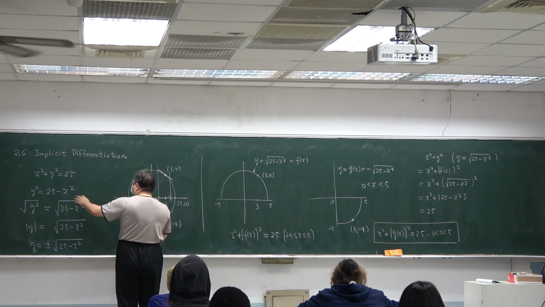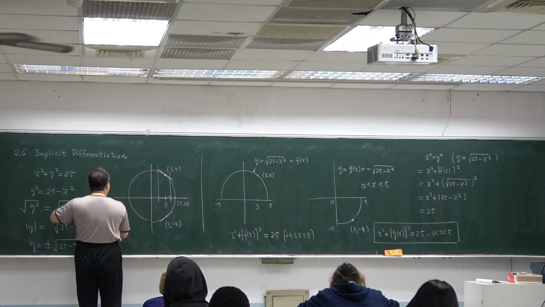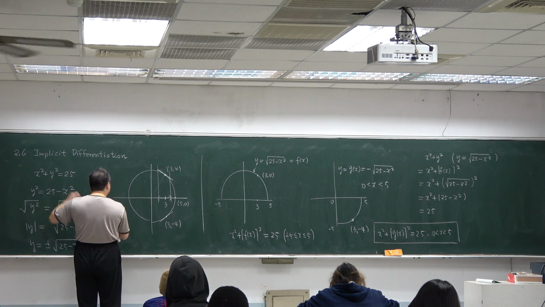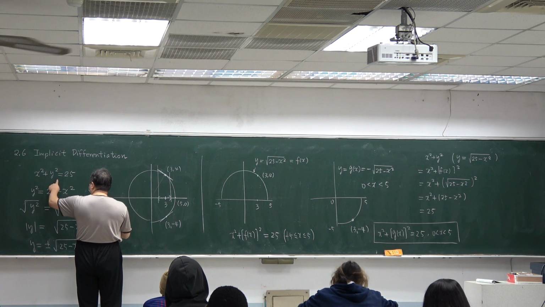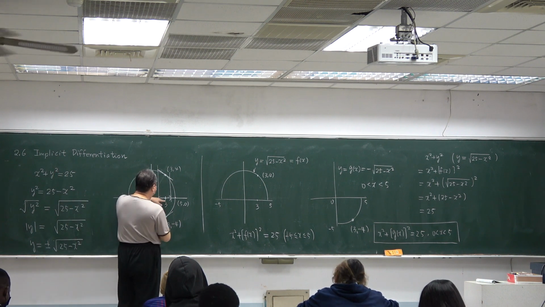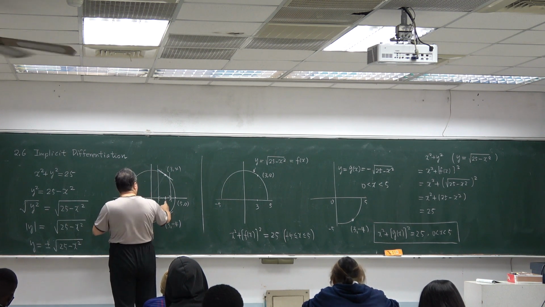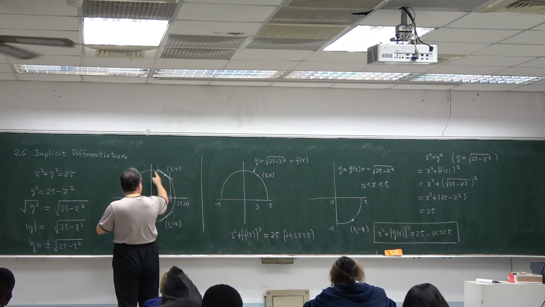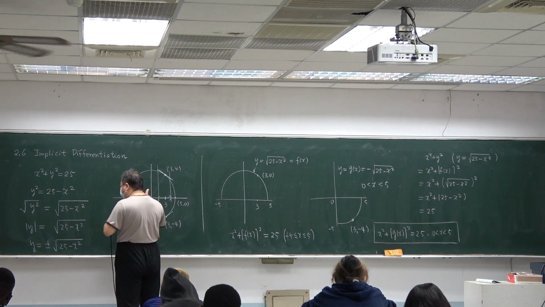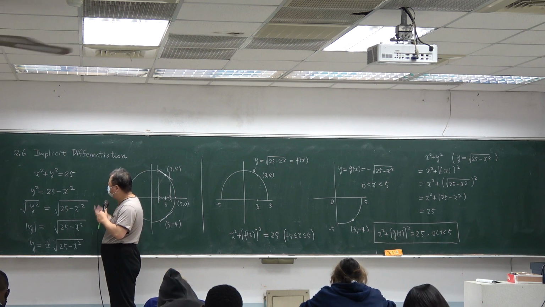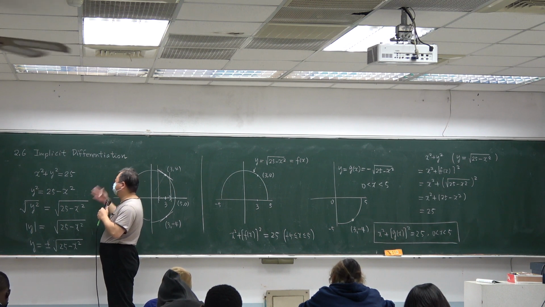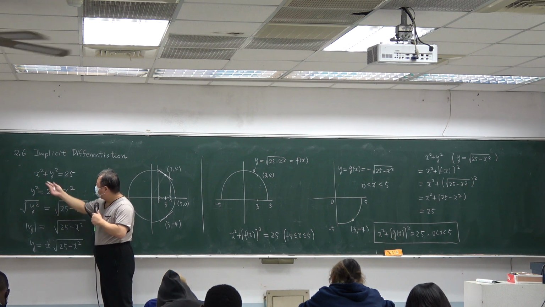When we have an equation in x and y, two unknowns, once x is given, we may fix some y. For example, here, consider y is positive. Once x is given, then there will be a corresponding one y. So ideally, we may treat y as a function of x